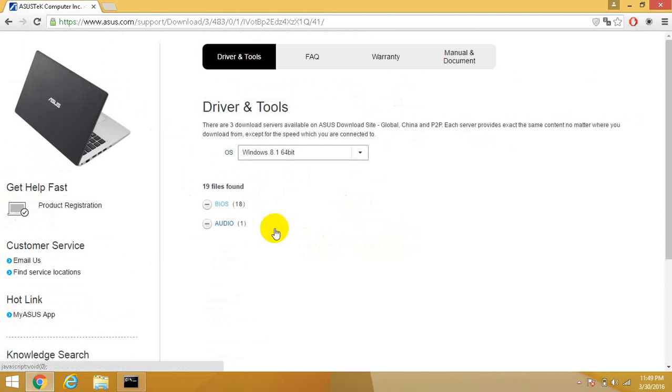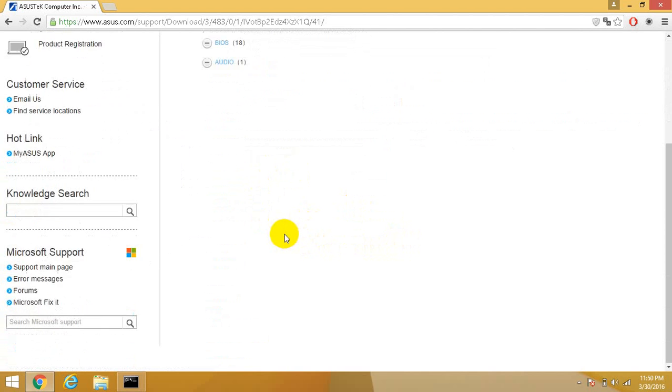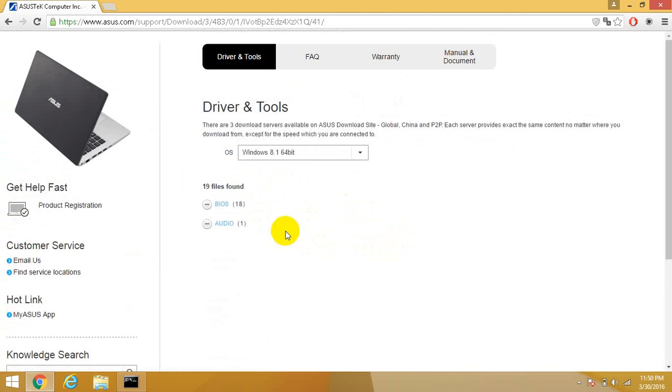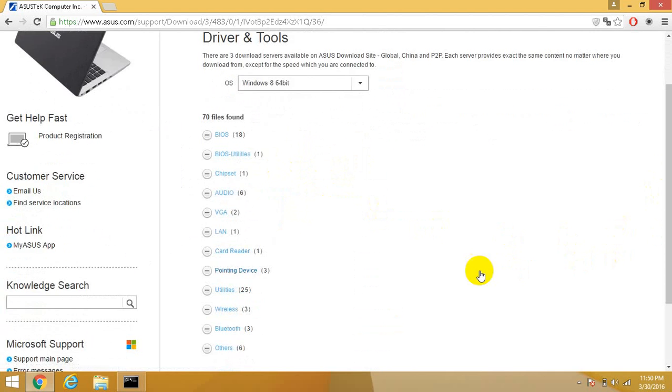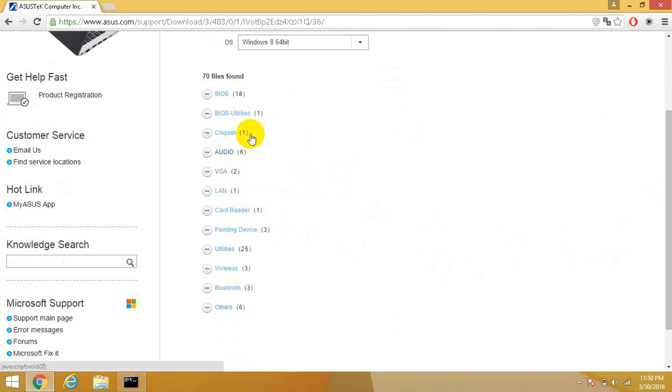Oh, but wait, I don't see where the wireless device drivers are. I don't see them. Oh, okay, I guess they're not there. So I go back to Windows 8 64-bit. It should be compatible. Why? Because this computer was originally Windows 8, but I updated. And as you can see here, we have